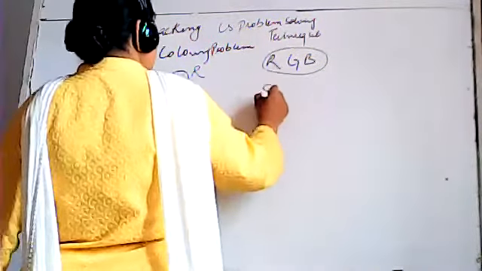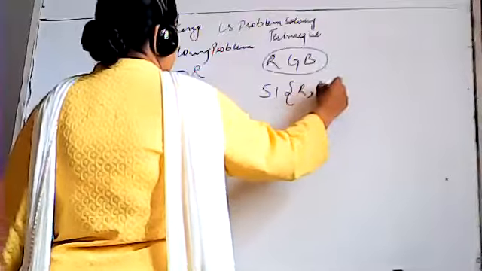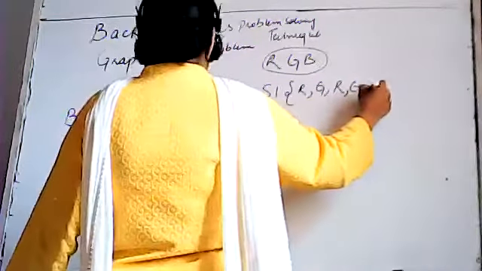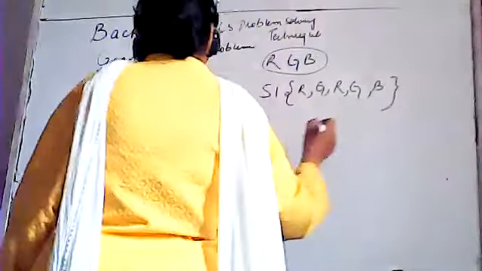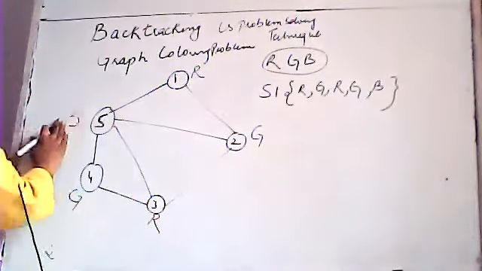So solution 1 is: first node red color, second node green color, third node again red color, fourth node again green color, and fifth node again blue color. Okay. Now let's see, can there be another combination? If I replace this with this,